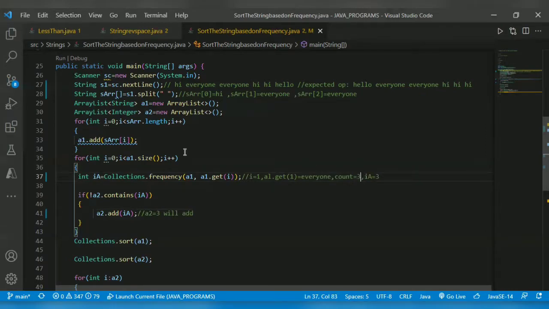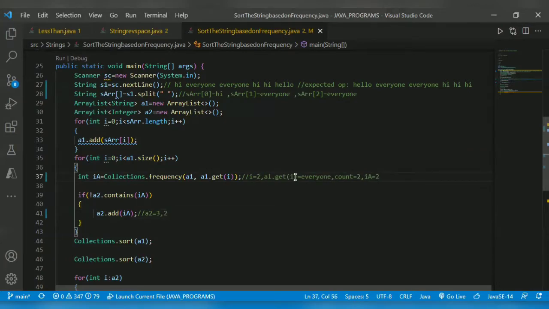This method, Collections dot frequency, returns the count of everyone, which is 1, 2. So the count will be 2. Now ia is 2. It checks whether A2 contains ia. A2 contains only 3, not 2. So it will add 2.